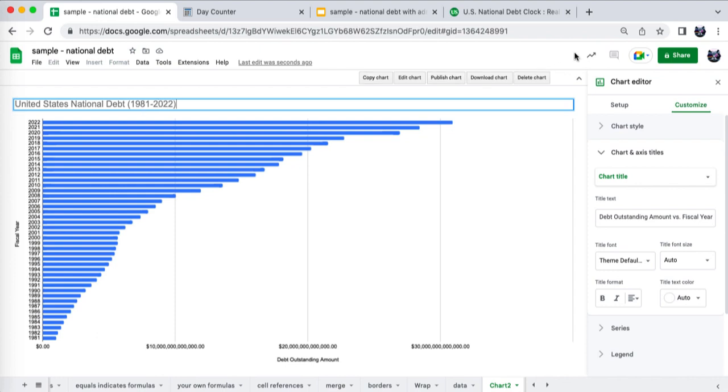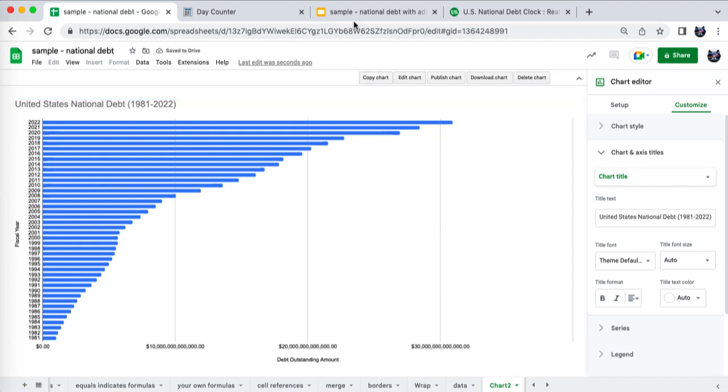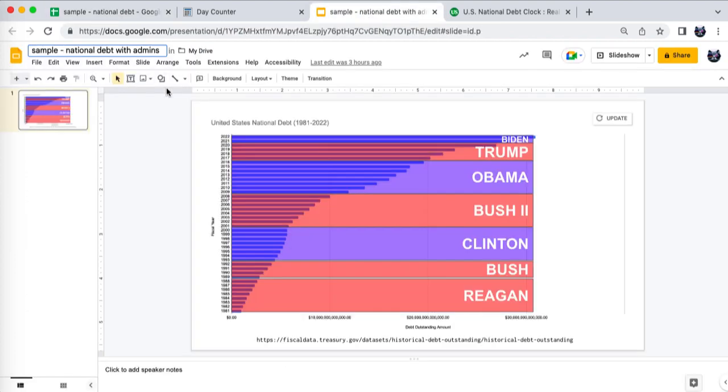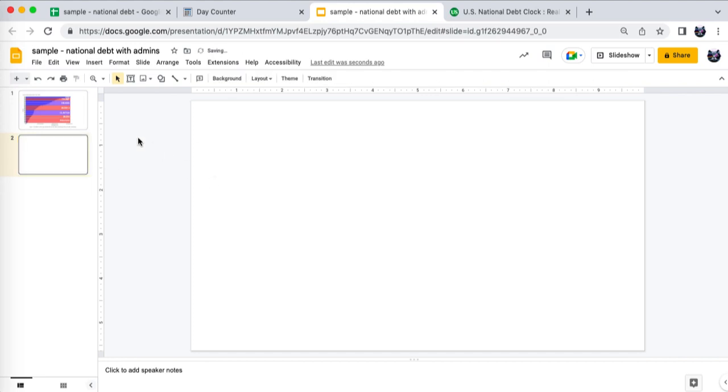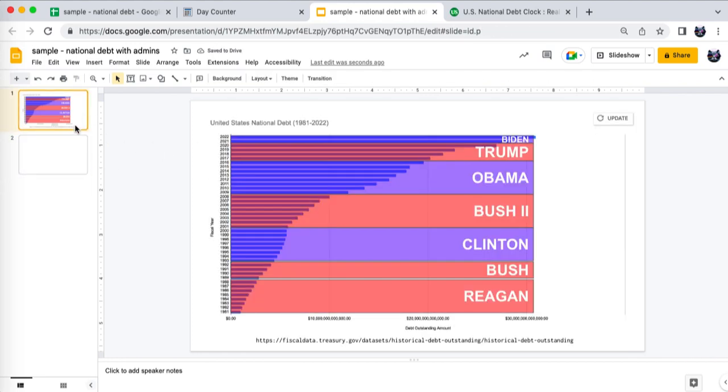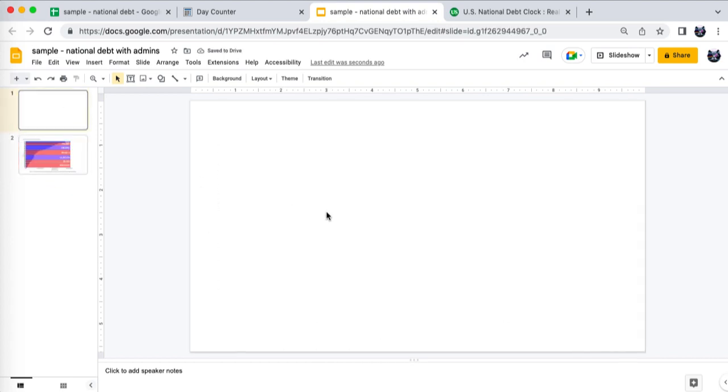I had one really bright student color each one of these bars based on whether it's a Republican or Democrat in office. We're not going to do that, but that was cool. Go ahead and copy the chart. And then in Google Classroom, in this assignment, there's also a blank slideshow. Now I have one that's already done, so I'll move that over here, but here's how you would do it. You'd bring in the chart, Command V,